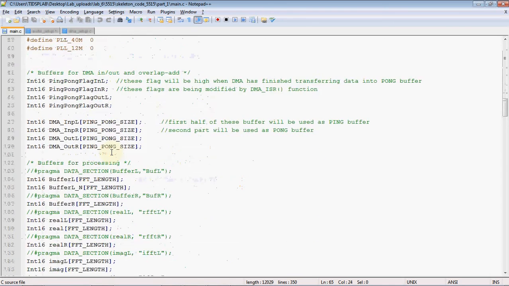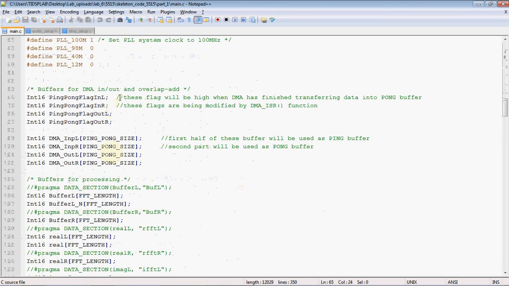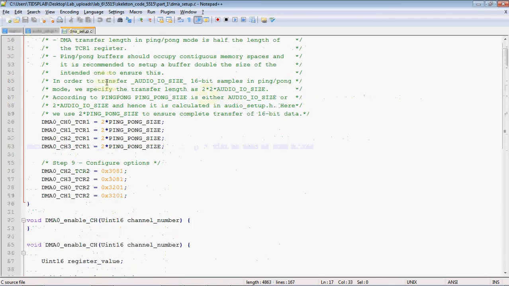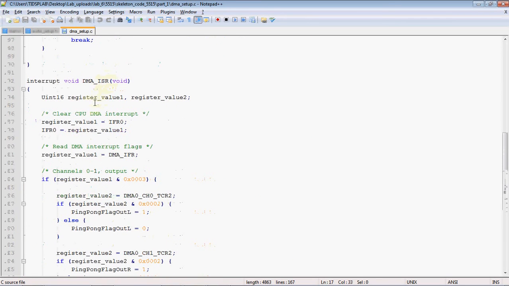Now moving to this while loop. As written in these comments, these flags give the current status of the DMA operation, and they are being modified by the DMA_ISR. ISR means interrupt service routine, which is again written in the dma_setup.c file. So it's here. We have written interrupt here, which tells the compiler that this function is the interrupt service routine for a particular event.